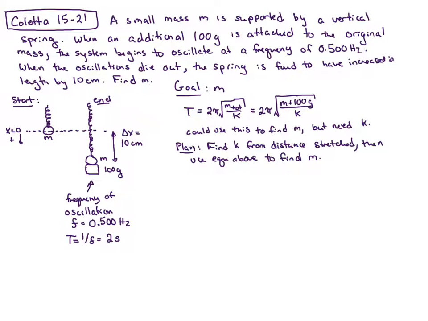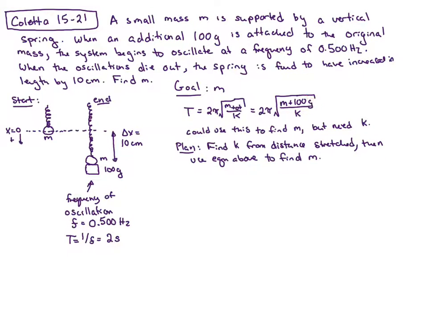All right, when I look at this problem and try to make my plan, I feel like this frequency or period is a key part, right? We have an equation for the period of a mass spring oscillator, and it's T equals 2 pi square root of m over k, where m is the total mass connected to the oscillator, right? And we could rewrite that like this, m plus 100 grams over k, and we know T,